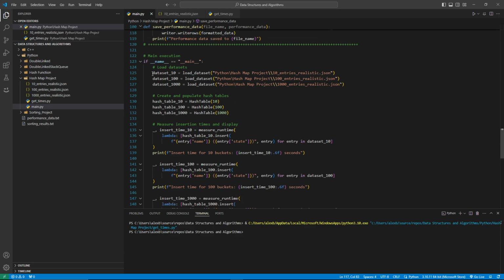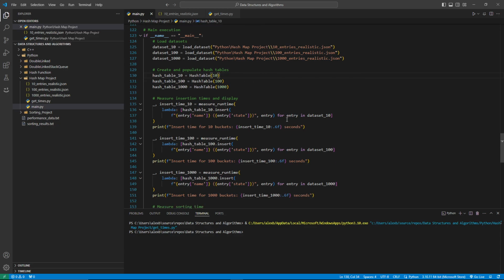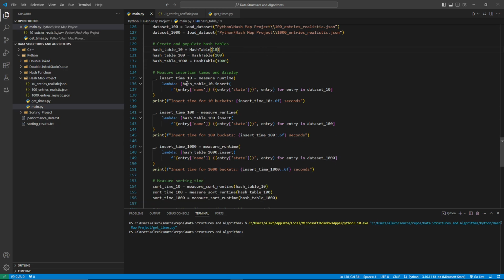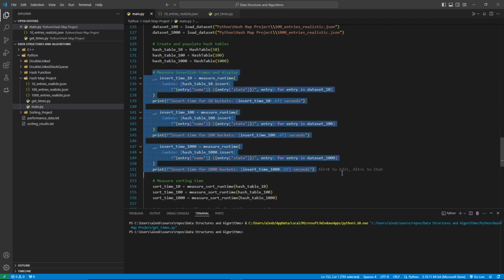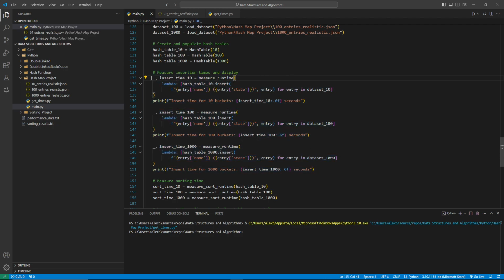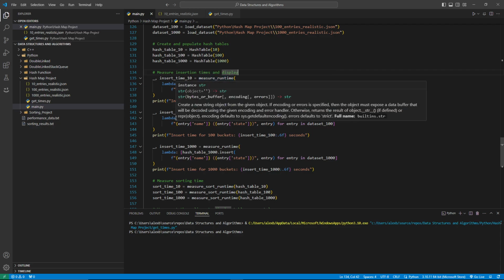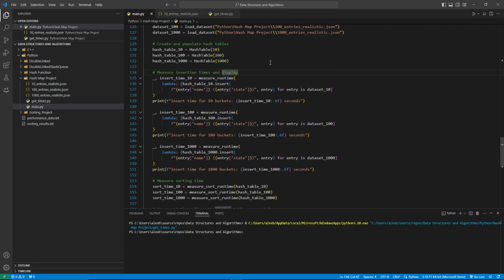Here we have the data sets get loaded from their relative paths. Create and populate the hash tables. Let's create them here, and then the population of it happens here, but the insert times, these anonymous variables right here basically mean nothing. These are throwaway variables, that's why they have no name. They're just underscores. But the insert time 10 comes out of the measure runtime for the lambda hash table 10